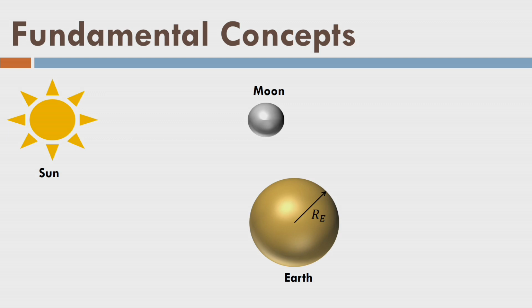So let us try to understand those things with the fundamental concept of the tide, that why tides are visible or why do we experience the tides. Now we are showing the 3 planets, Sun, Moon and Earth. So Earth is shown with this radius RE, and there is a Moon and the Sun. Because of the attraction force between Moon and Earth and between Sun and Earth, we have the tides.